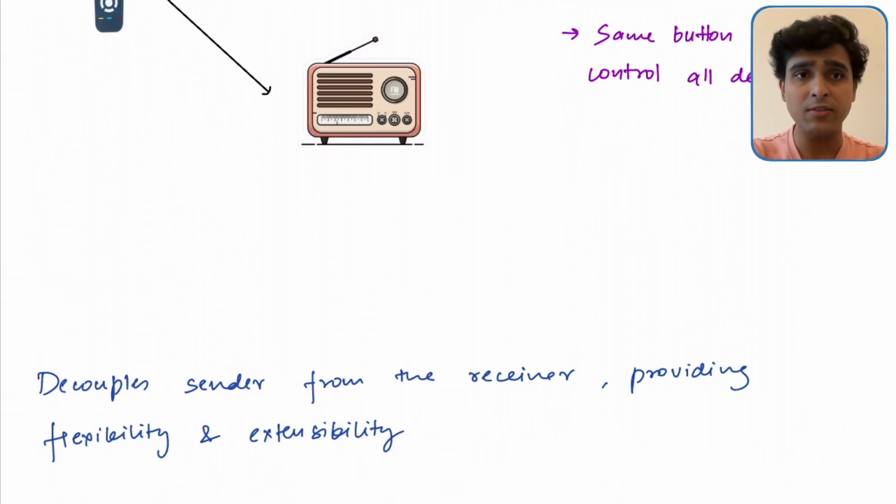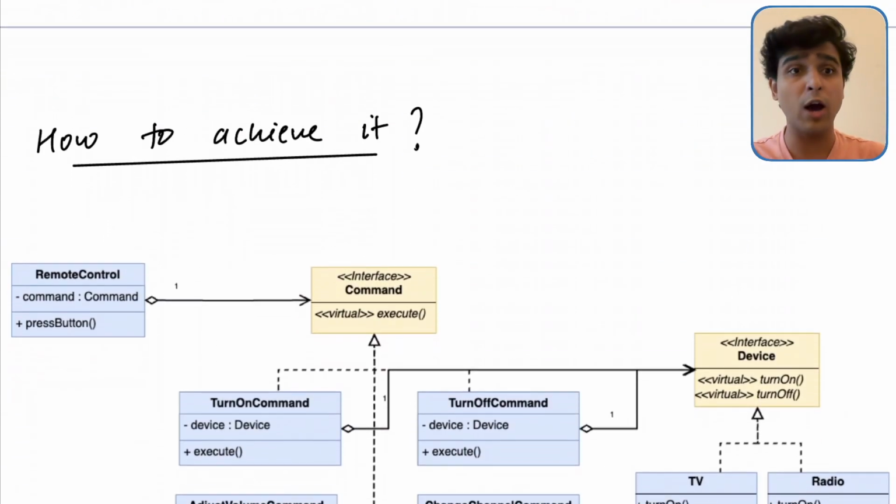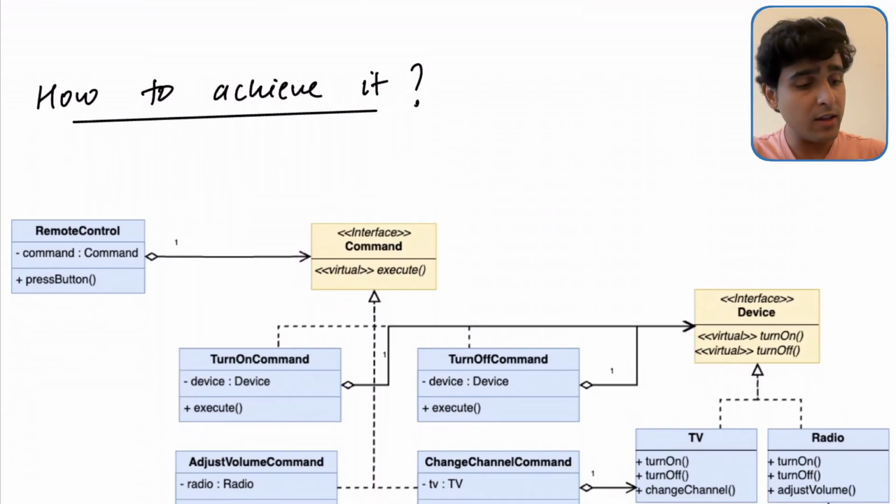So what we have established is that the sender is the remote, and the receiver is the device. We need to decouple them. So we need an abstraction between them, and that is what the command design pattern does. So how to achieve it? Let's say you have a remote control and it wants to issue a command, let's say turn on the TV or turn off the TV or any other device. So instead of knowing which device,